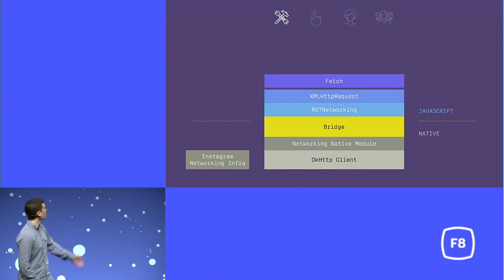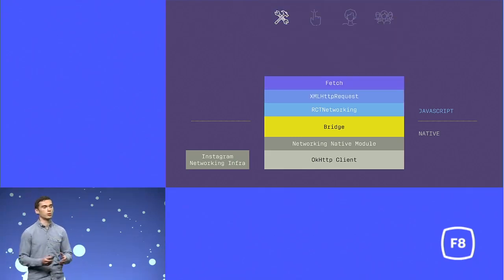And this all gets bubbled up to the Fetch API, which you might use for product development. To reuse our existing infrastructure, we can add a new native module that calls directly into it, while implementing the same interface as the networking native module. Because of the layer of abstraction provided by the bridge between native and JavaScript, this works right out of the